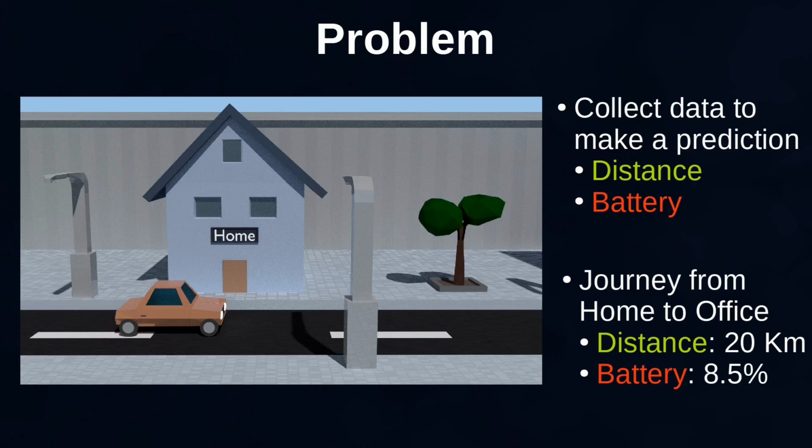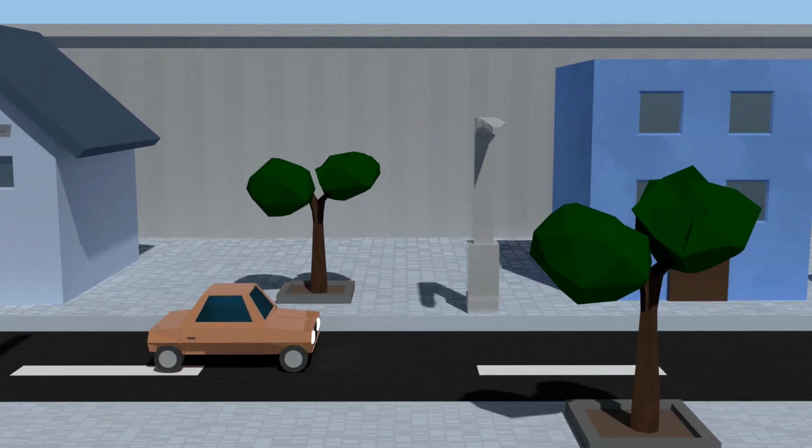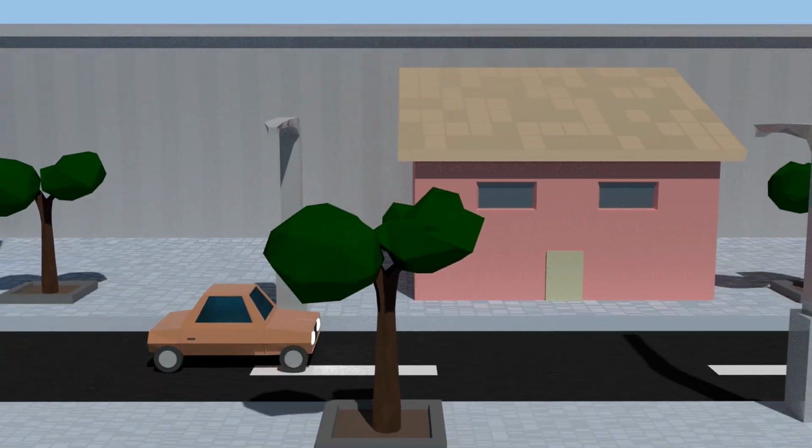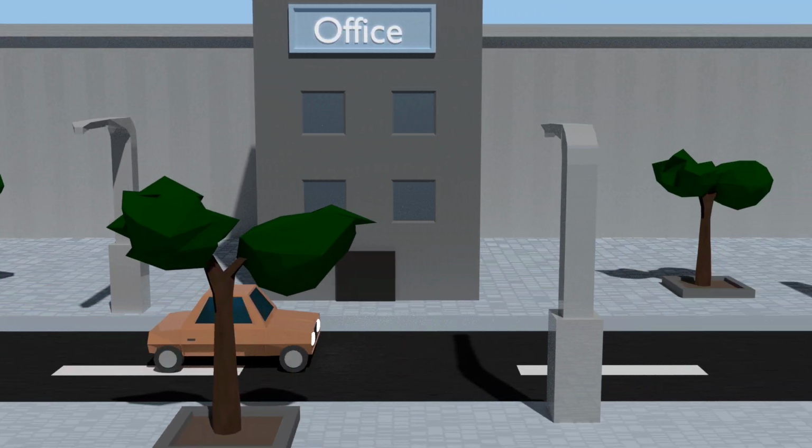Now, imagine hypothetically that you are trying to obtain this information, but you cannot find it anywhere, so the only thing left to do is to collect data in order to make a prediction on the battery usage. So you start to go around the city for your normal routine and start collecting the distance traveled and the related battery usage. For example, you go from home to office in the morning, driving for 20 kilometers,